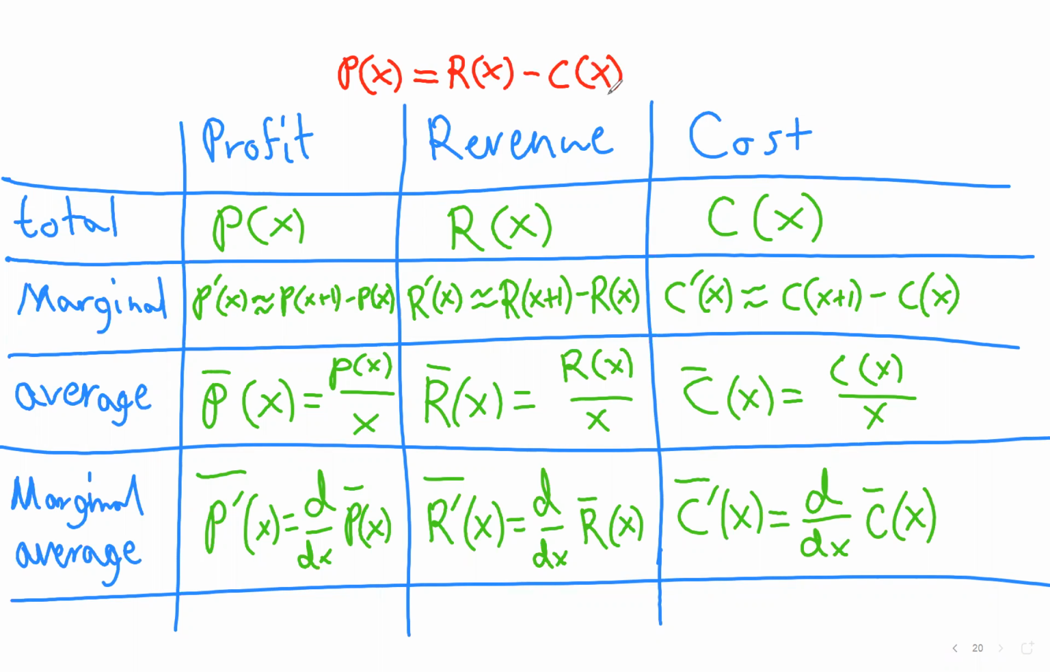But in general, you can take any of these different versions of profit, revenue, and cost and create that relation between them. We do have four different types that we're going to be talking about today. The total profit, the total revenue, and total cost, the marginal profit, marginal revenue, marginal cost, the average profit, average revenue, average cost, and then the marginal average profit, marginal average revenue, and marginal average cost, which is quite a mouthful, but